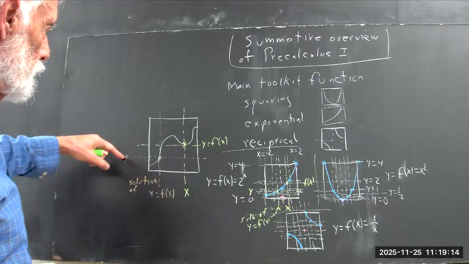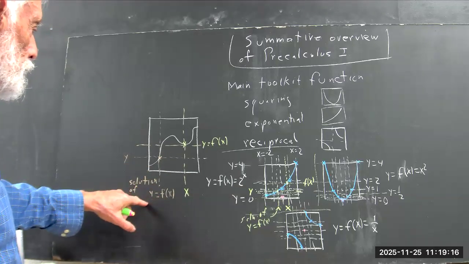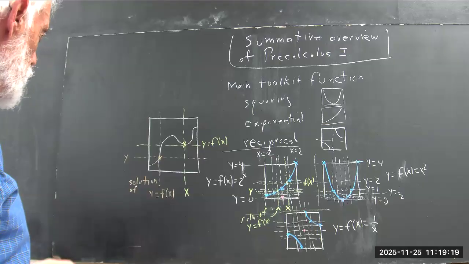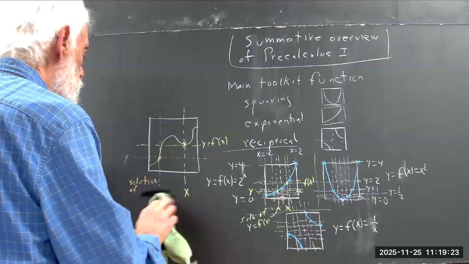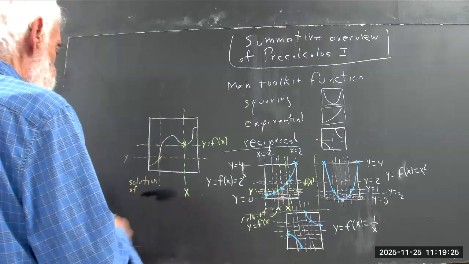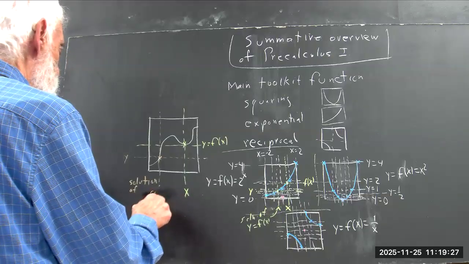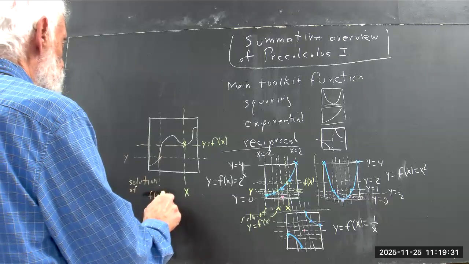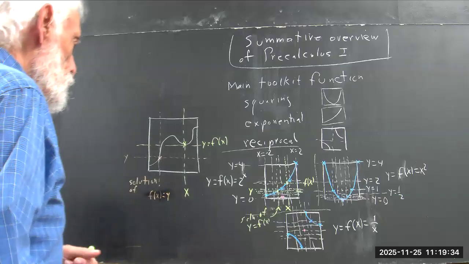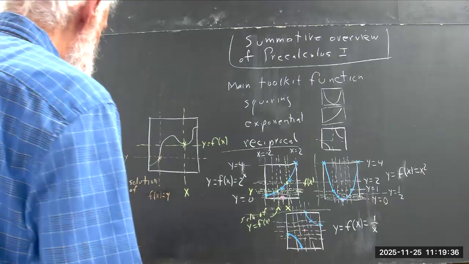So the x value here is a solution of f of x equals y. And I'm going to rethink this, and I'm going to label this f of x equals y. So for example,